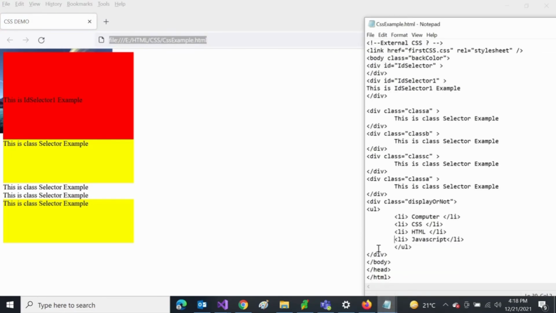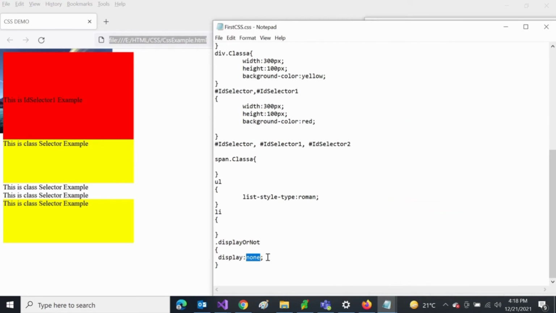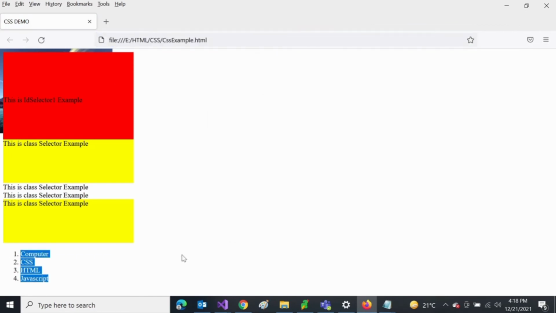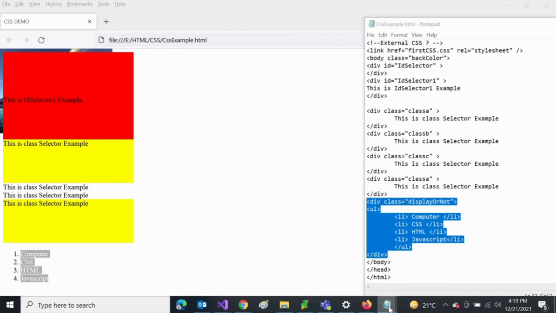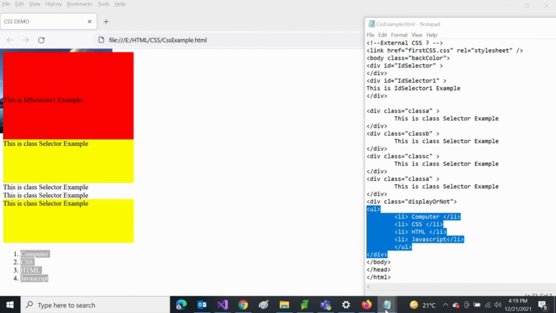Now we are making display equal to block in CSS and refreshing it. Now this display block and none, we can set as per the conditions that come from the database or from the respective sources.